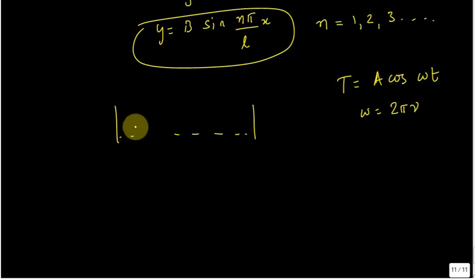So what I'll plot is a snapshot at a particular time. When n is equal to 1, sine of pi x by L goes to 0 only at x equals 0 and x equals L, because the first value gives me sine of 0 and the next one gives me sine of pi. So between 0 and pi, sine does not go to 0. So if I have a snapshot picture at a given time, this is what I'll see. And this would keep coming down with time and going up like that.